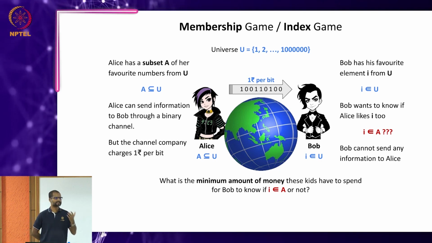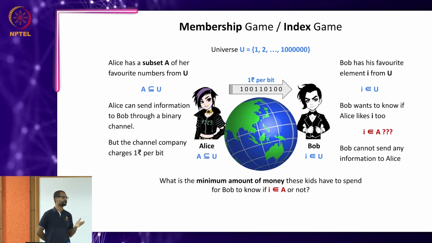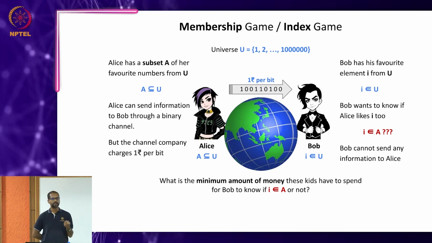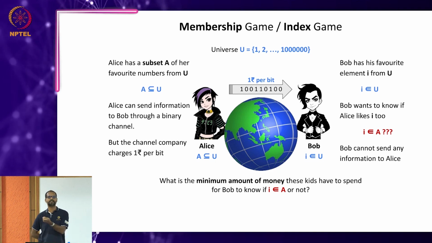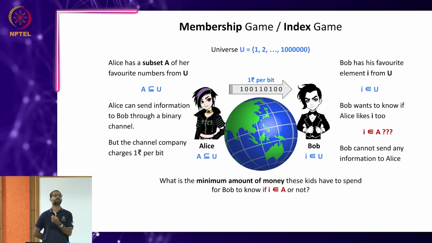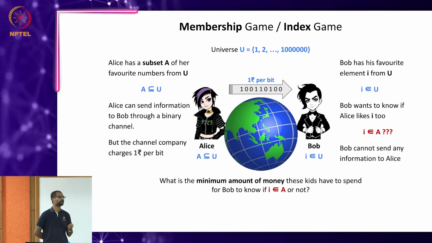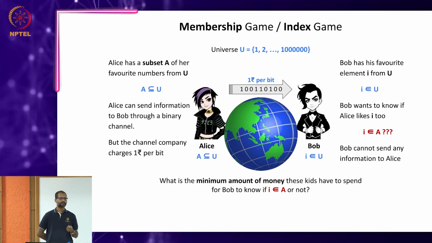Okay? It's just a name. If you haven't heard it before, just keep that in your mind. This is a standard trick. It is called the characteristic vector of a set. You need to know the universe to be able to do this, because the positions essentially are some ordering of the universe. So you really need to know the universe. You have to agree upon an ordering of the universe to be able to represent a set as a characteristic